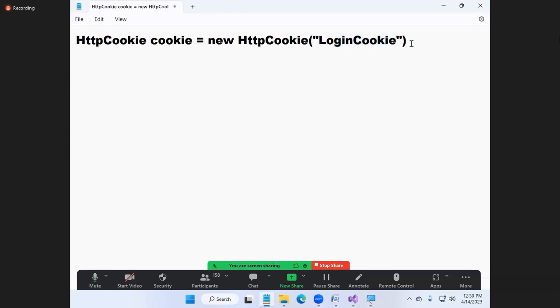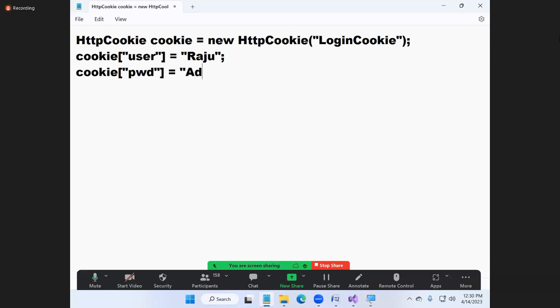Okay, fine. Next, cookie of user is equal to the name of the user. I'm storing some username. Next, cookie of password is equal to a password.